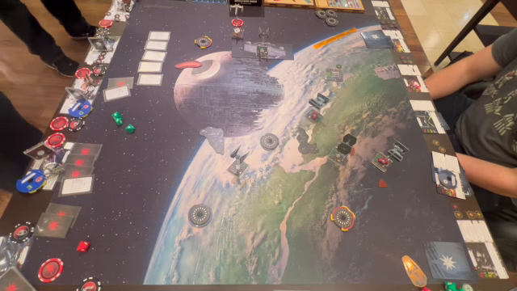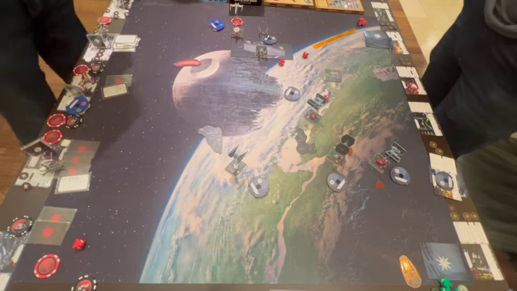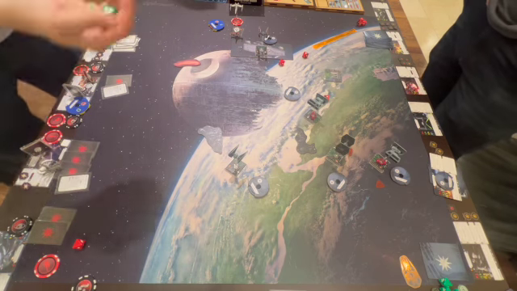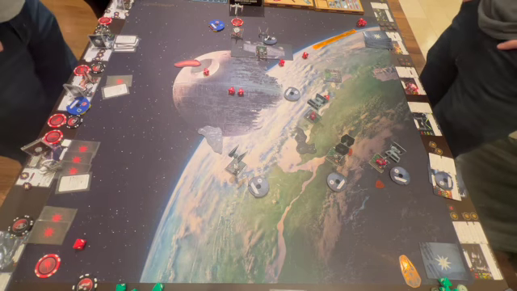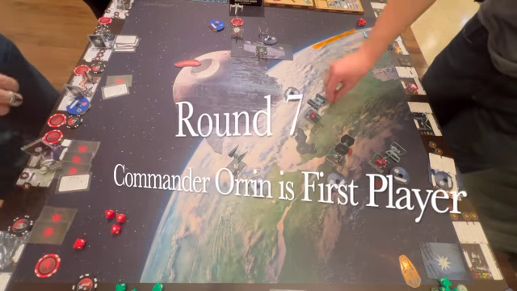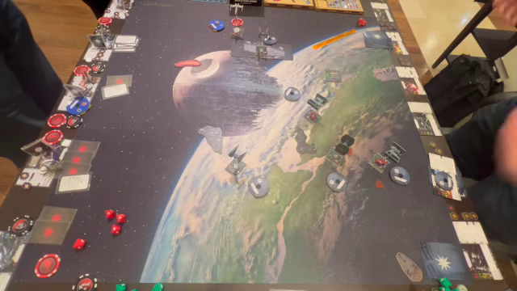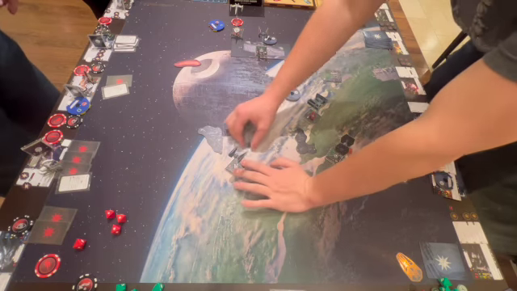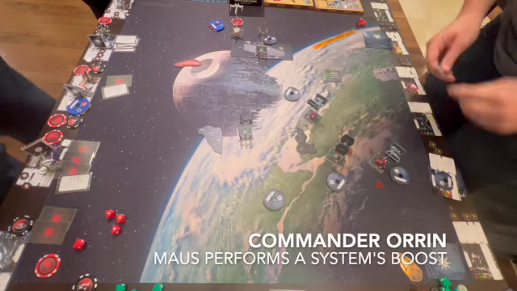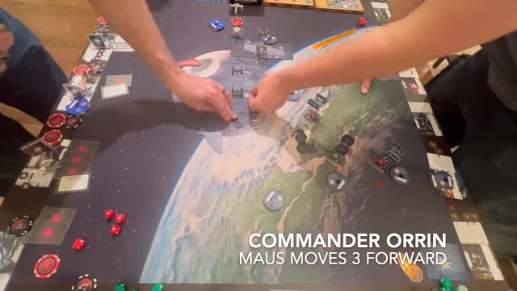It's a lot of health for him to chew through. It's a Raider and like 4 large ships. And there you heard Commander Orrin's assessment of how probable this is for the rebels to actually pull out. So, in which case, Commander Orrin is first player in round 7, and as you can see, Wedge is all by himself. So, obviously, there's going to be a whole bunch of flying that takes place before Wedge even gets